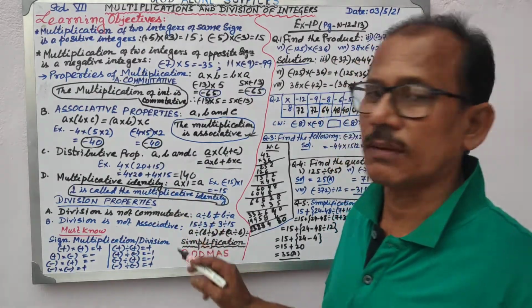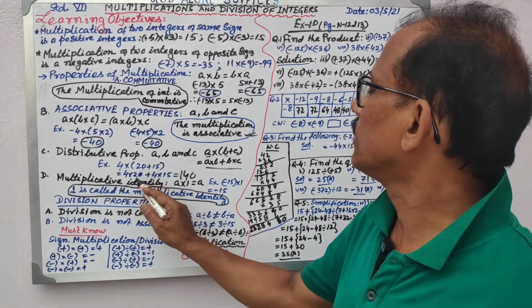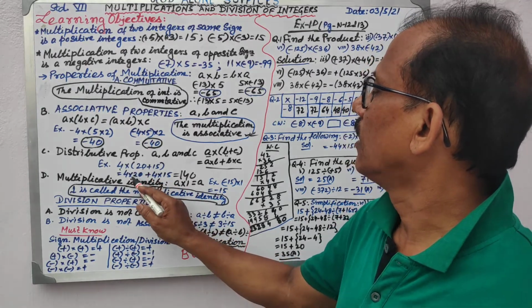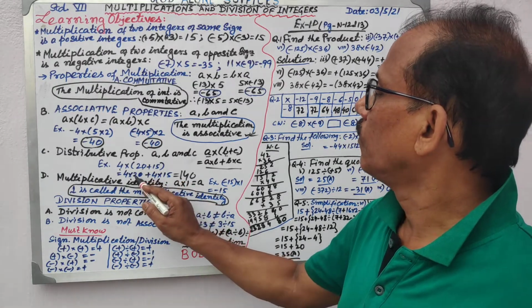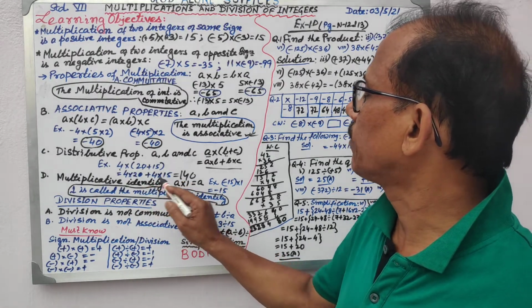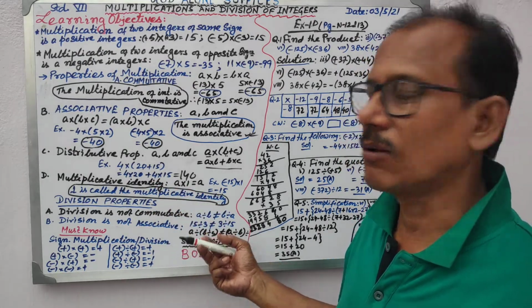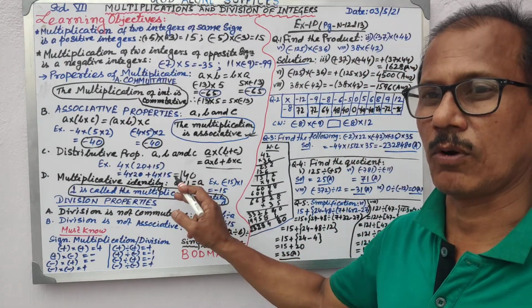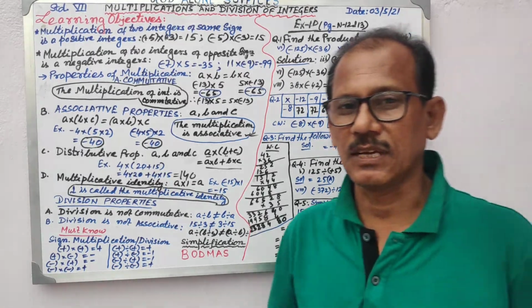Sometimes the sums will be given to you in the other way. You will have to find another way so that it will be easier. 4 into 20 plus 4 into 15 is given to you. 4 is common, so you take out 4 into (20 plus 15). The summation of 20 plus 15 will be 35, which is multiplied with 4. It will be easier. Learn this distributive law properly. It will help you to solve your algebraic sums also.